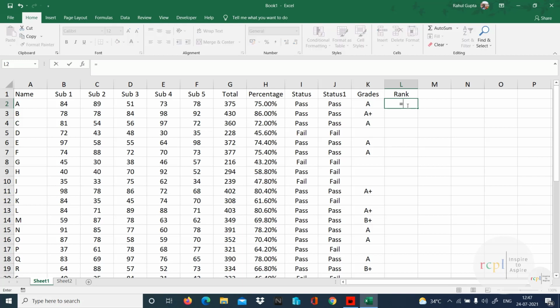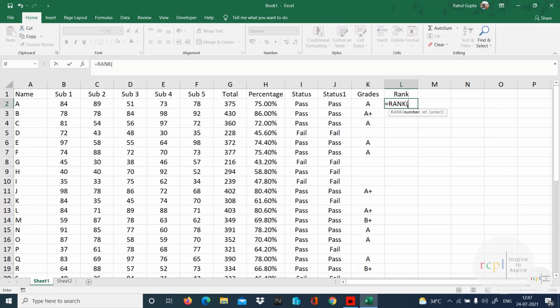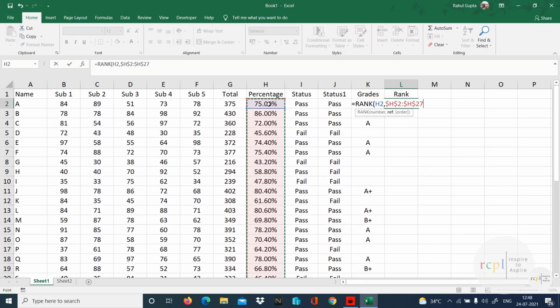So for rank, I'm going to use the formula equal to RANK. This is my number, which I need to check the rank of. Now I have to give a reference. From where you want to check this number, in which range you want to check this number. That's my whole range. Pressing F4 to freeze, because if you do not freeze it, what will happen?